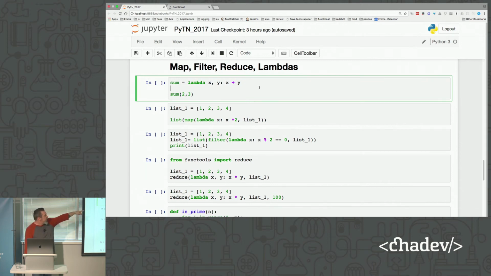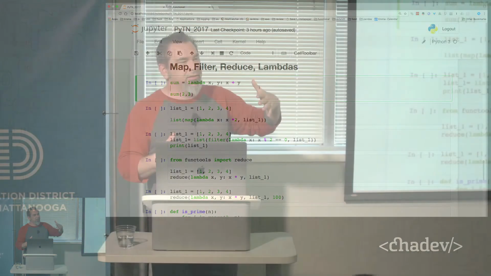And a lambda, in this particular case, the syntax is lambda, and then the parameters, x and y, and then colon, and then the actual function calculation that you want to do. And typically, they're one-liners. They're going to be very short like this. It doesn't make any sense to try and do a more complicated function inside a lambda. They're built for these short things.